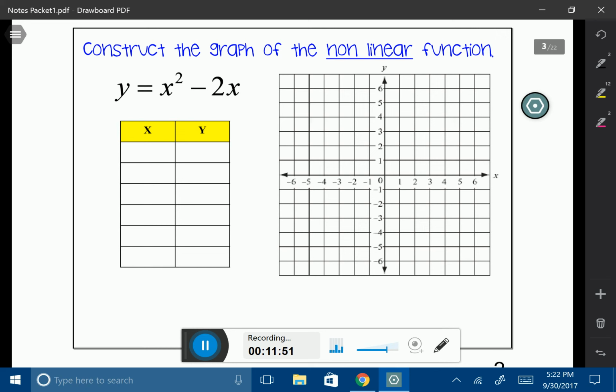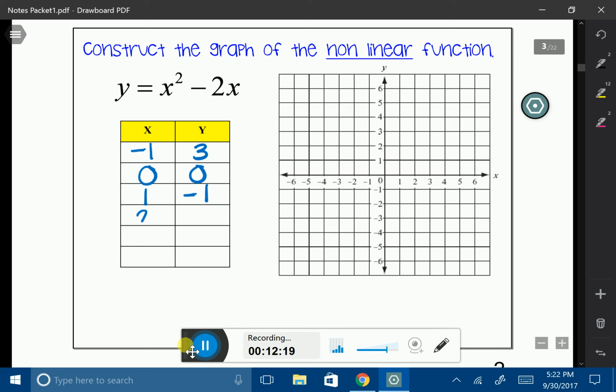You're going to need to scroll up and down and see which values are appropriate to put on this coordinate plane. And it looks like if you look at -2 as your x value, well, 8 is way too big. So I'm going to bump down to -1. And I'm going to write -1, 3. That's going to be my first coordinate. Then I'm going to keep going. It looks like I have my origin. And it looks like I have 1, -1,